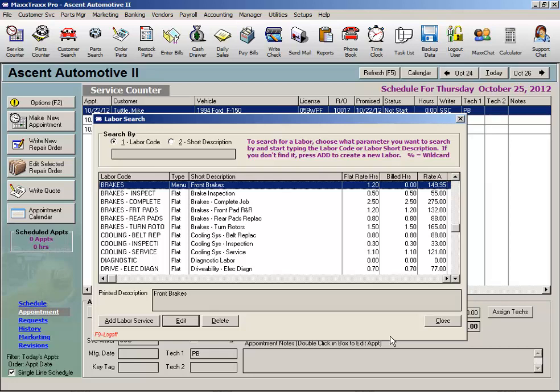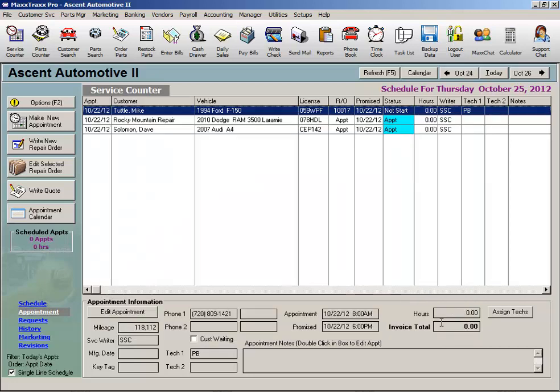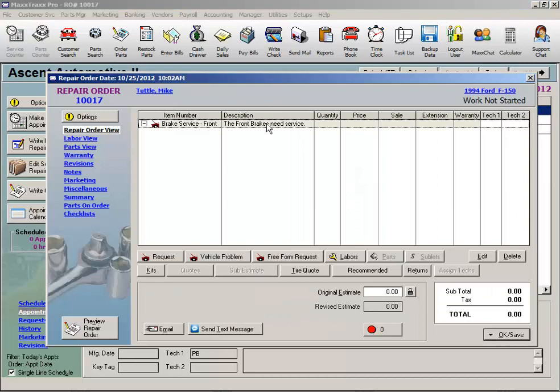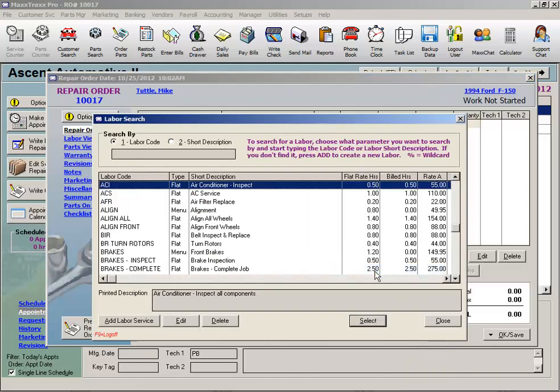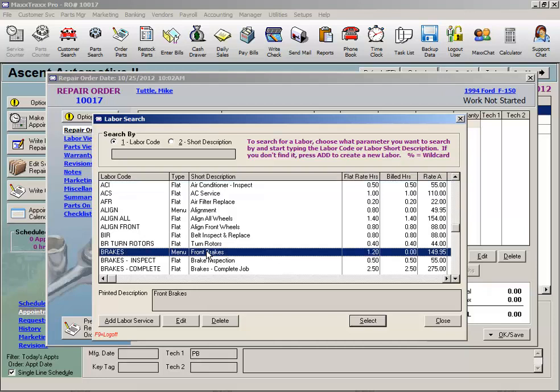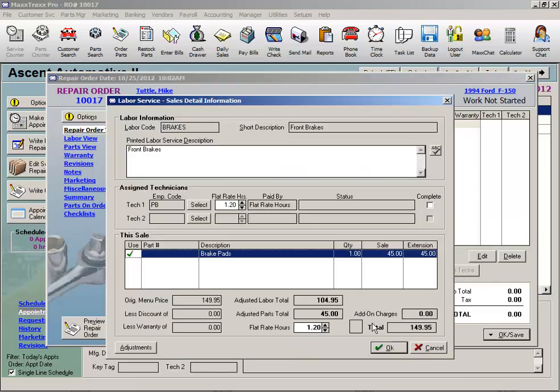Now let's see this menu labor in action. Let's open a repair order and highlight a reason for service. Click the Labors button and select Labor Service from List. Here is our new menu labor for our front brakes. Highlight and select. Now this labor sales detail information screen looks a bit different than our regular flat rate labor